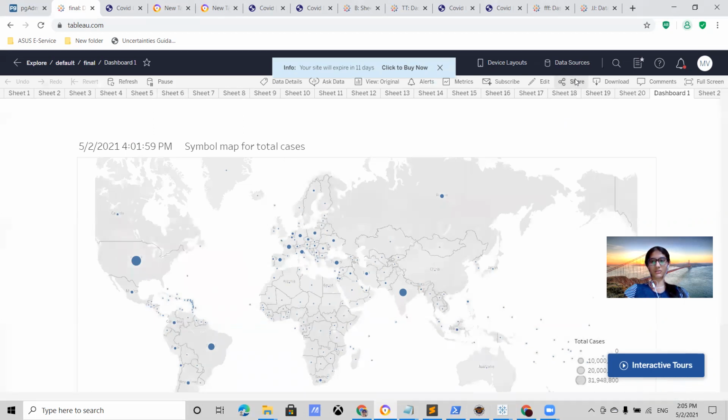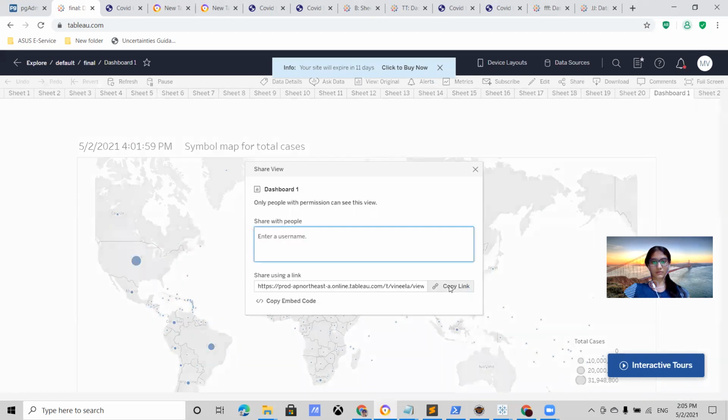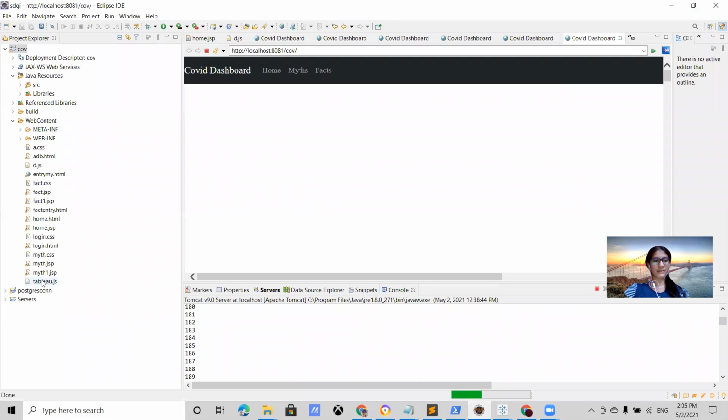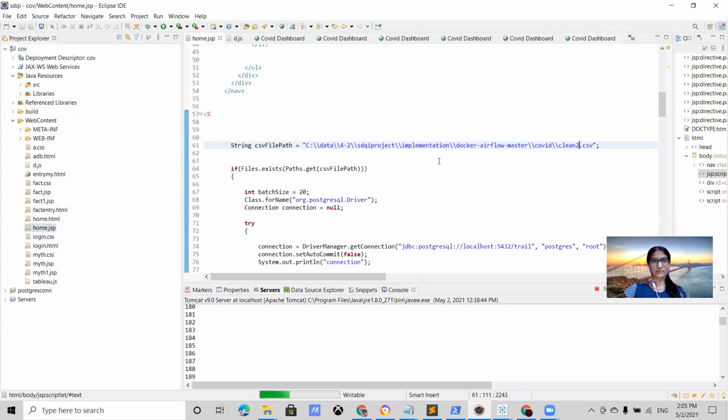Here we have an option called share. We actually need to copy this link, and then in our code, there is a Tableau JavaScript API. We have used that in order to get the data from Tableau online server to our website. Let me show that.